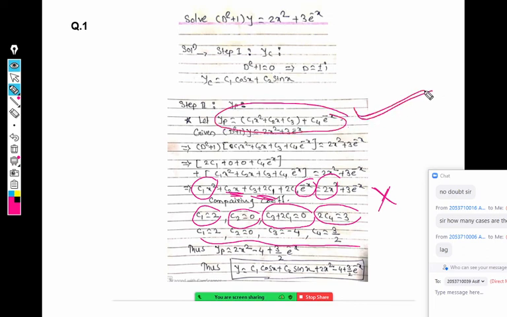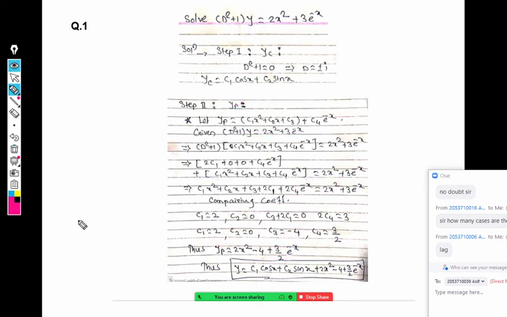We get yp. So remember, you will get exactly the same answer by the shortcut method also. Don't think that I use undetermined coefficients and get a different answer than the shortcut method. Use any of the methods, the final answer is the same. Your yp will be the same. Any doubt here? No, sir. No doubt. Okay.